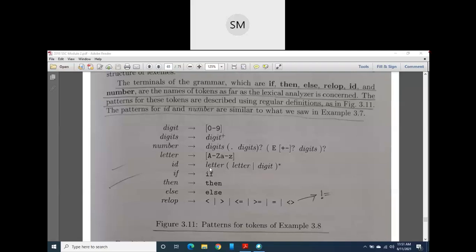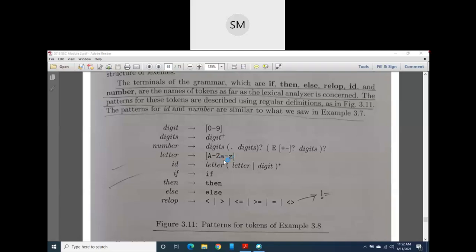But now the question is, what is letter and what is digit? Already I defined what digit is. So now I want to define what letter is. Letter will be like this: capital A to Z and small a to z. In this letter also you could take underscore after small z, but the author has not taken it. You can take it here, no worries. A to Z and a to z. This is also a character class.